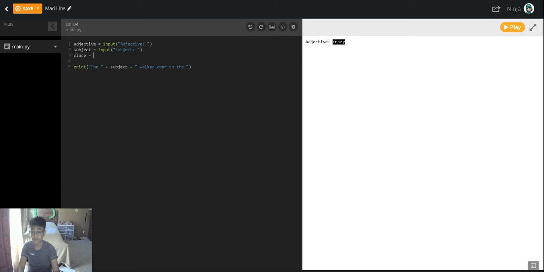Place is input place. There we go. To the plus place plus. Then we start again, and it just keeps going like this. Let's just fill in for now. The scientist walked over to the lab,